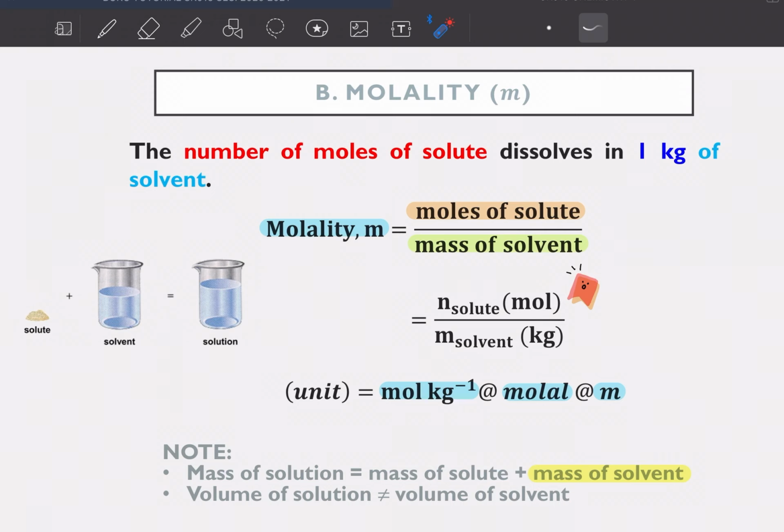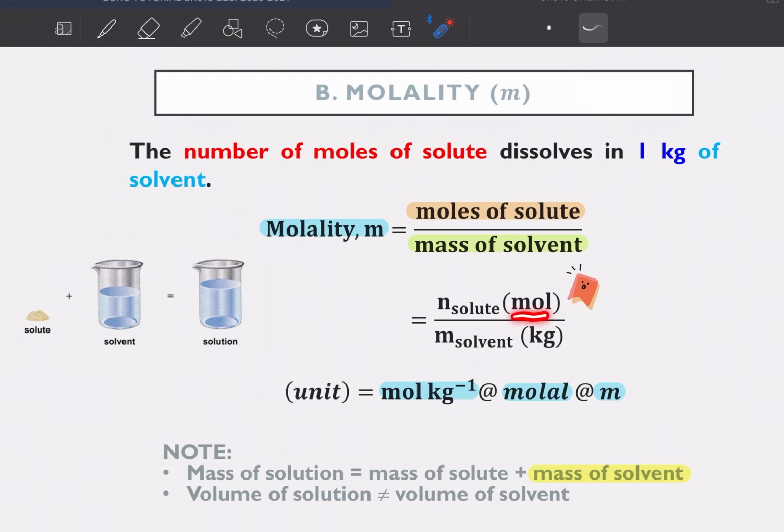Okay, yang ni jarang sikit kita jumpa. Tak selalu digunakan. But let's see the definition. Okay, it is the number of moles of solute dissolved in 1 kg of solvent. Okay, so ini 1 kg. Kg is actually mass. So that means the formula will be